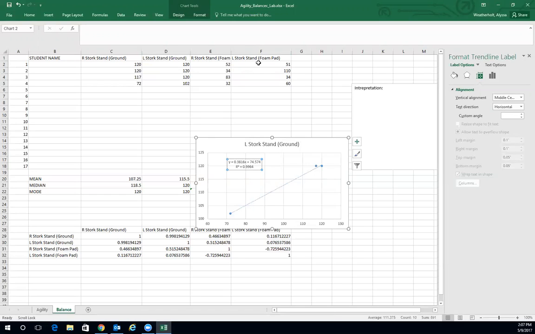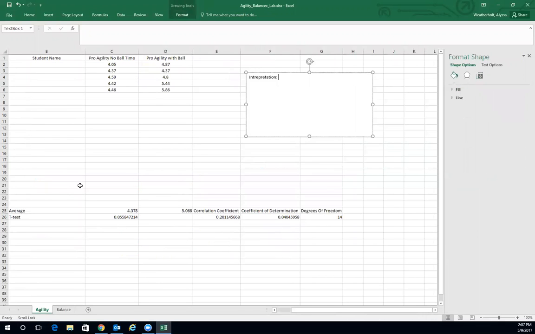After you have done those graphs, you would interpret it in the text box that I've given for you over here. Now let's move on to agility. So once you've done the 2 agility tests, what you're going to do is, and I've already put out a t-test to see if there's significant differences, you're going to select both Pro Agility no ball and Pro Agility with